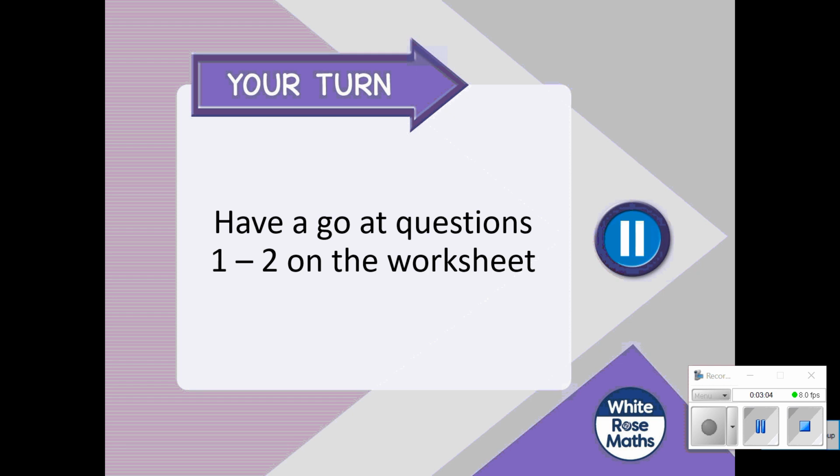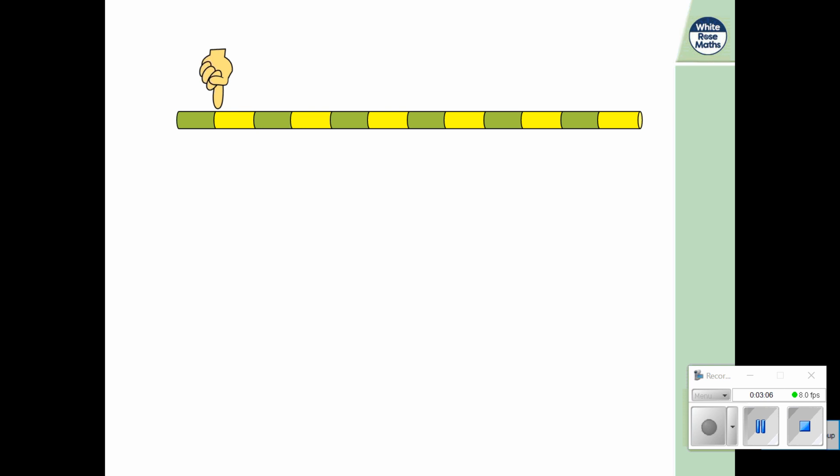Right, let's move on. Okay, so here basically we just need to be able to count in sixes. So the finger is pointing to 6 and the number before that would be 0. So I'm going to start the counting with 0 and 6. I'd like you to count with me. So 0, 6,